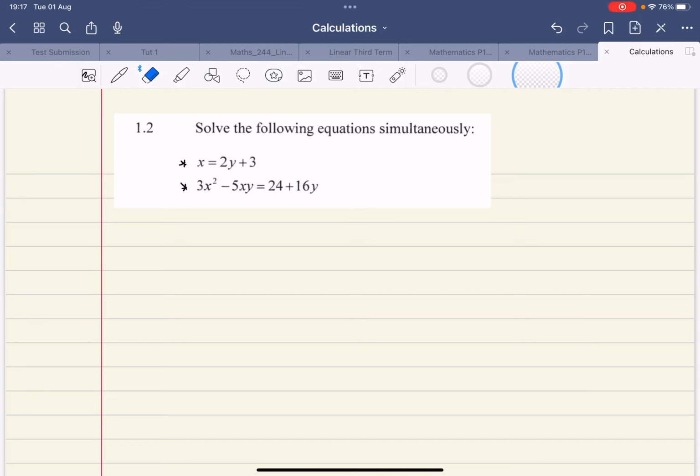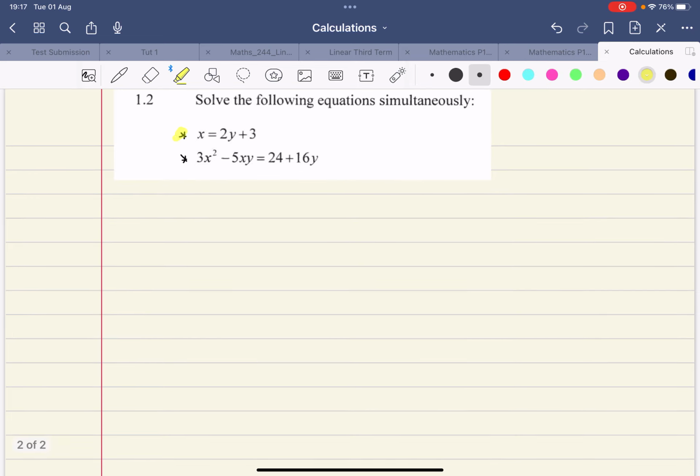Here we are trying to solve the following equations simultaneously. So we are given two equations, and we have two variables that we want to solve for, namely x and y. So we have a system of equations. Now,